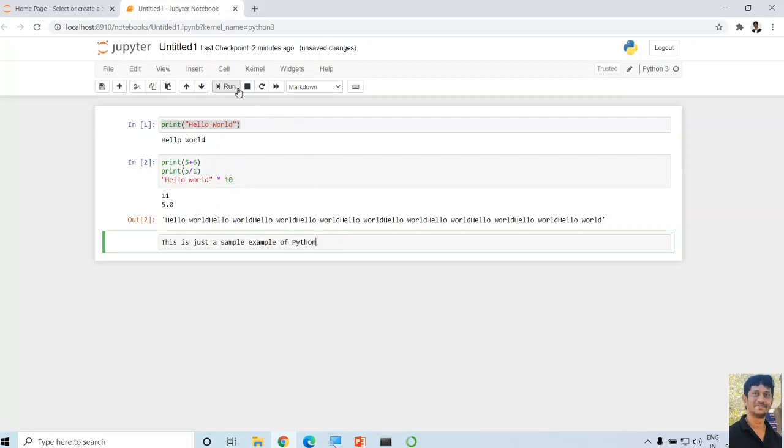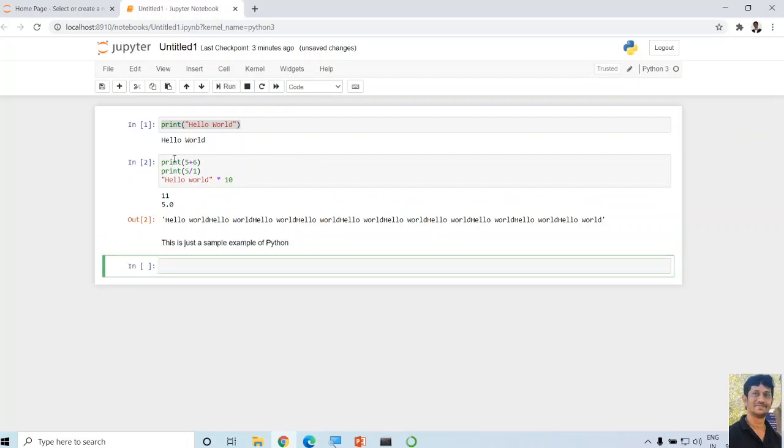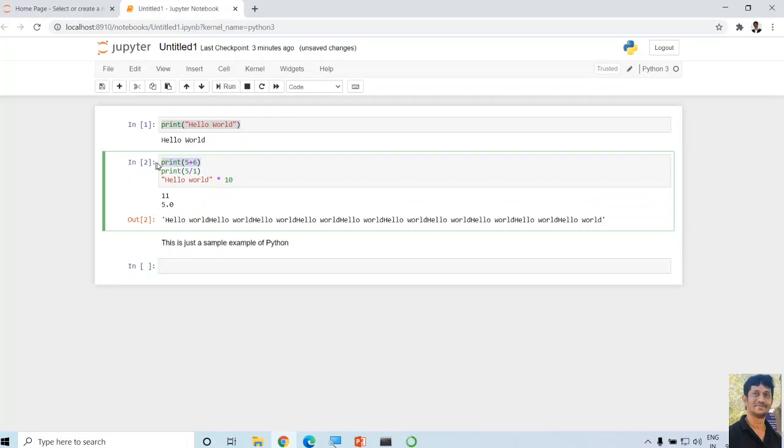Let me run this. You can see here it is executing the statements one at a time. After that, it runs all 3 statements, and it is also showing the instruction in the program. You can explain your code, you can write whatever is in your mind, and you can share these notes with your friends, either through GitHub, Gmail, or whatever it may be.